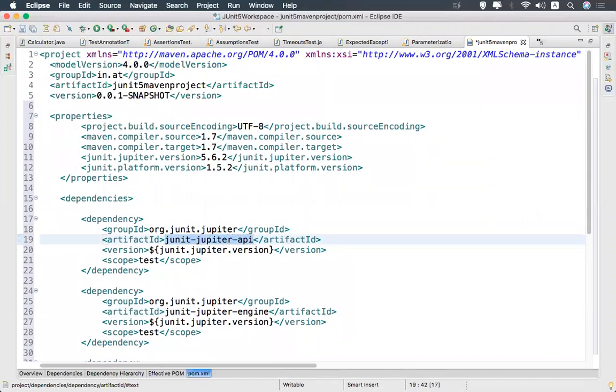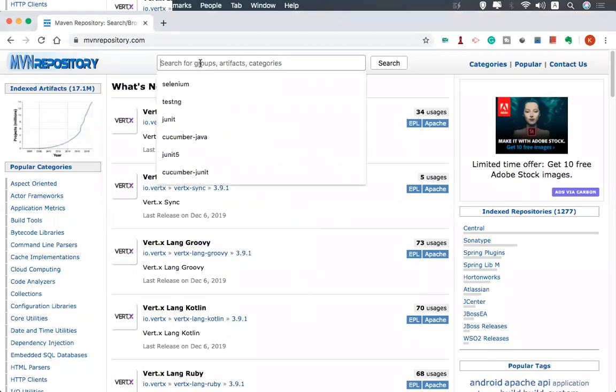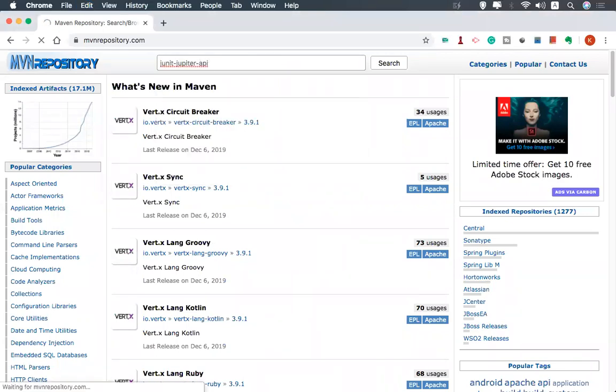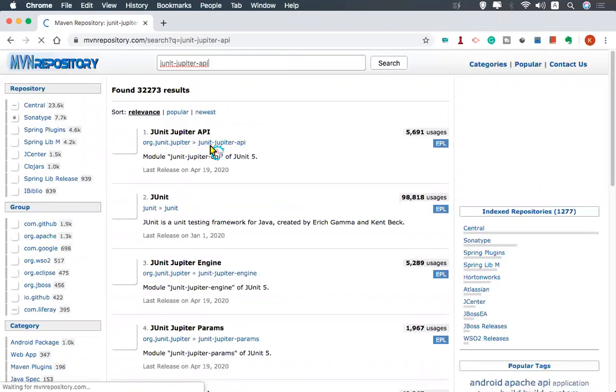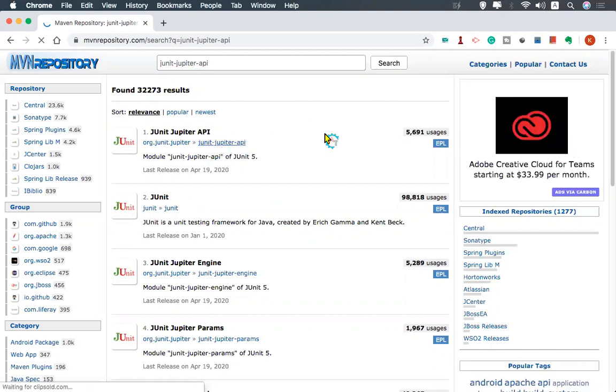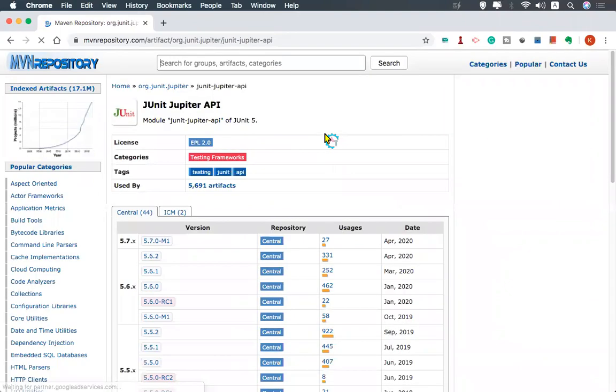When you go to Maven repository, you just search for JUnit Jupyter API. This is the one. When you go to that particular dependency, it's still loading. Let it finish. When you click on that, it will give you all the versions, and you can take whichever you want.